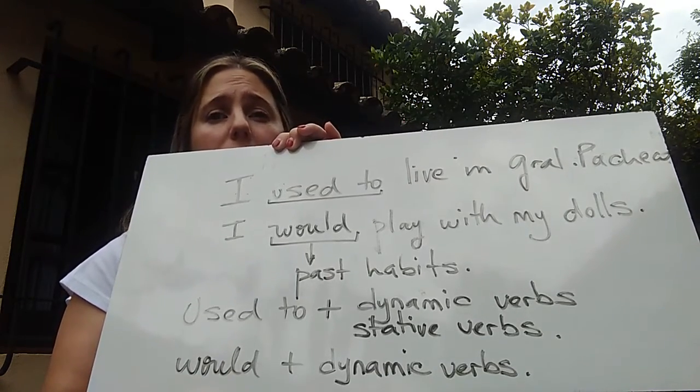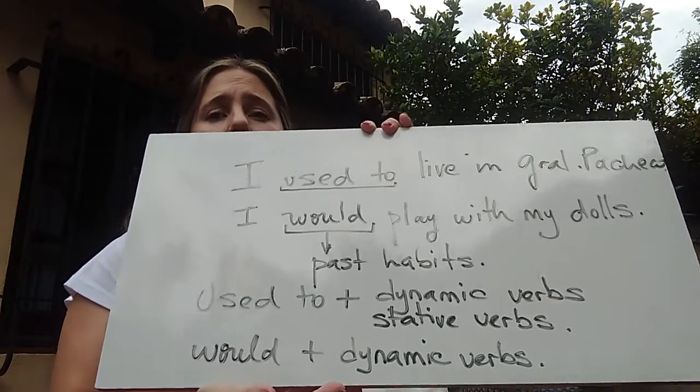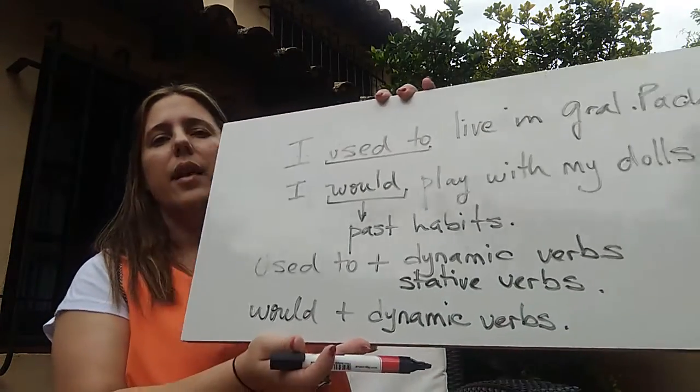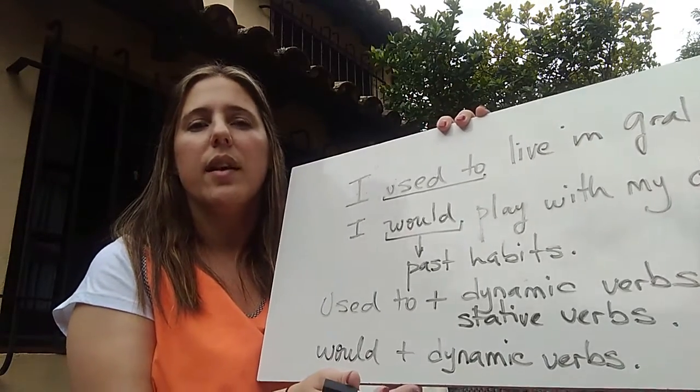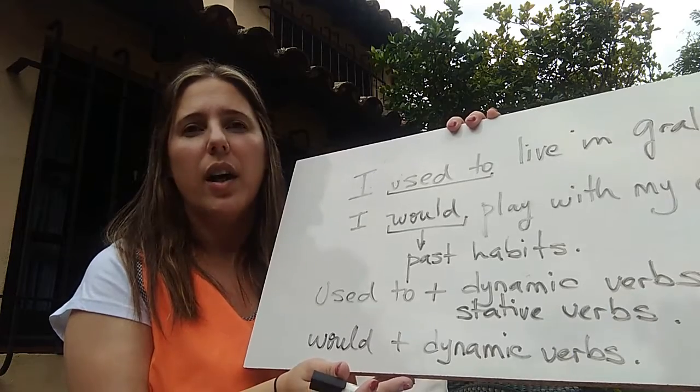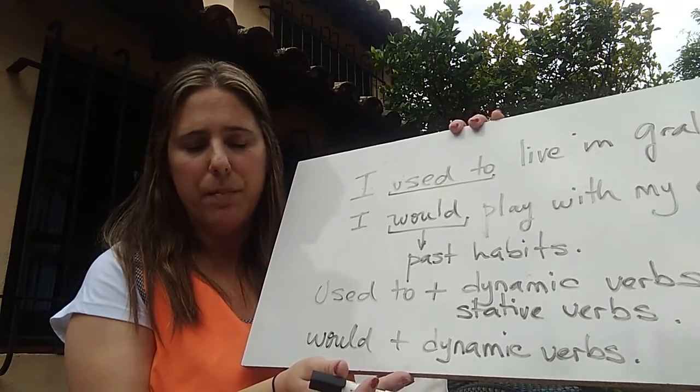The difference between dynamic and stative is that stative verbs cannot be used in the continuous form, and they imply mental processes, they are related to the senses, to the emotions, whereas dynamic verbs are actions, okay? Now,